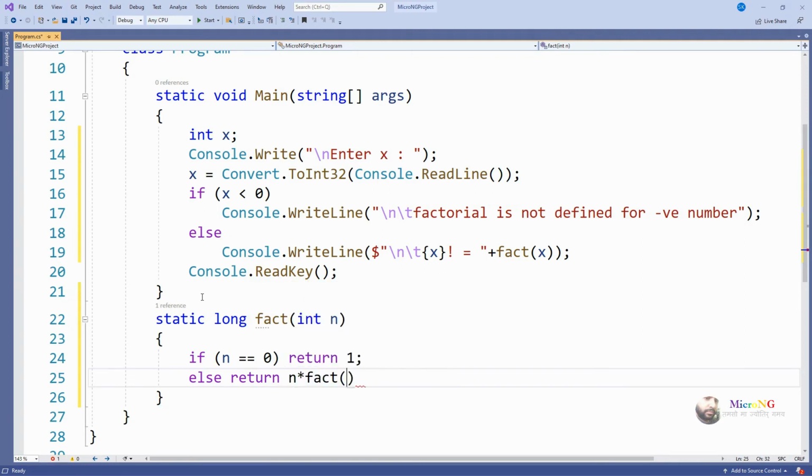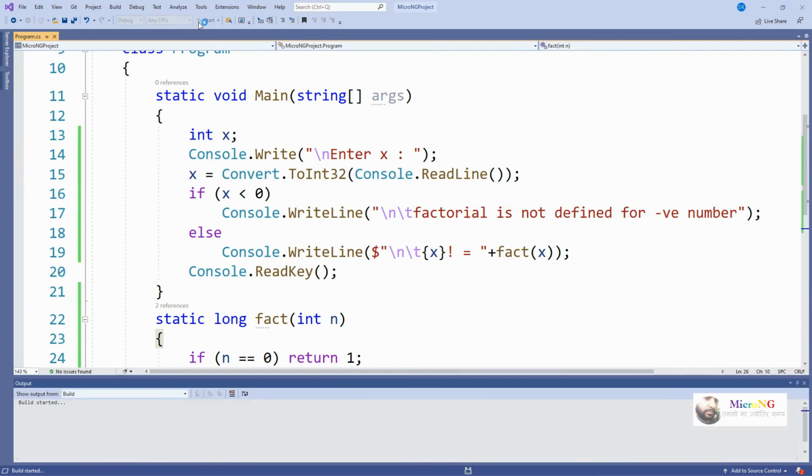If the value of n is equal to 0, then we return the value of the factorial as 1, else we return n into factorial of n minus 1. That makes the function a recursive function call. So if we are passing the value as 3, it will become 3 into 2 into 1 into 0 factorial, that is 1. So we get 3 factorial as a result. Execute and see the program output.